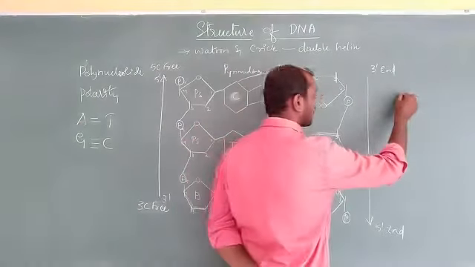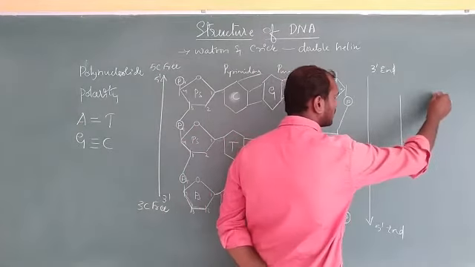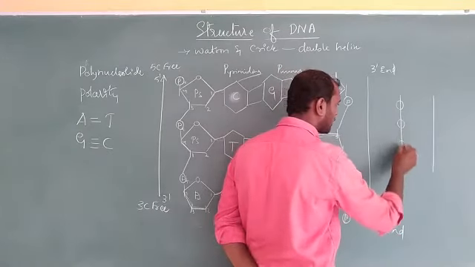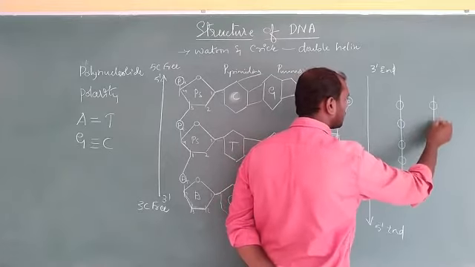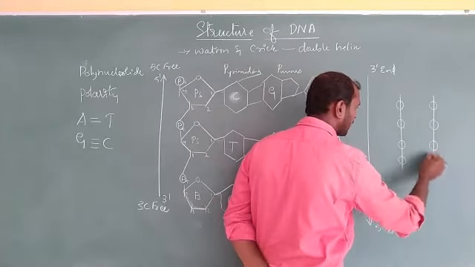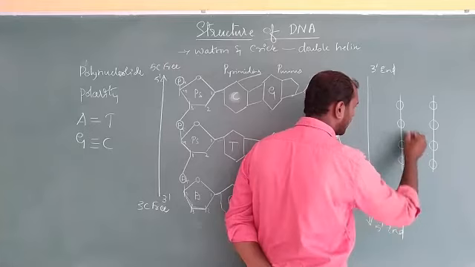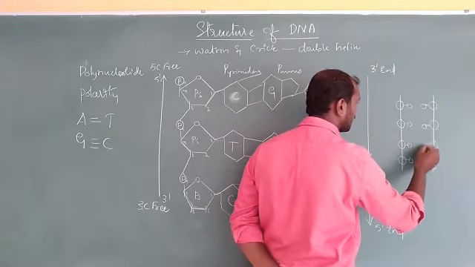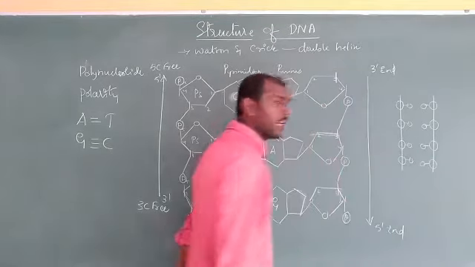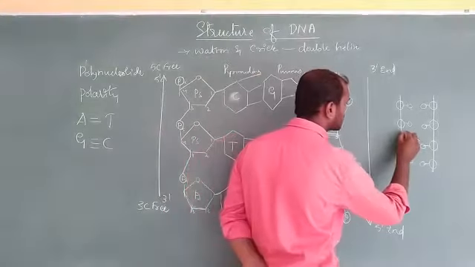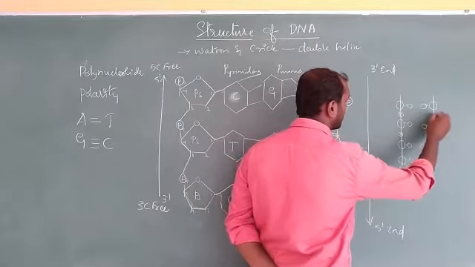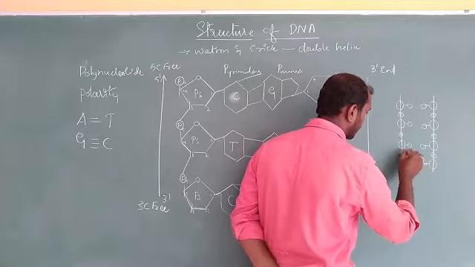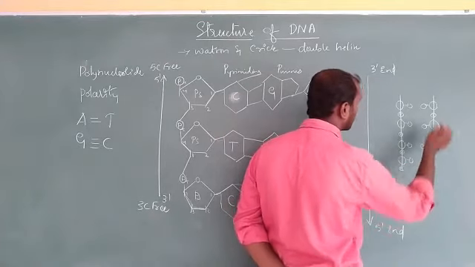Okay, this is one strand, second strand. Here you are going to get many backbones, and the backbone is nothing but sugar, and here you are going to get nitrogen bases, and these bonds are because of phosphate. Okay, phosphate, here also the phosphate. Okay, so this is free this side.